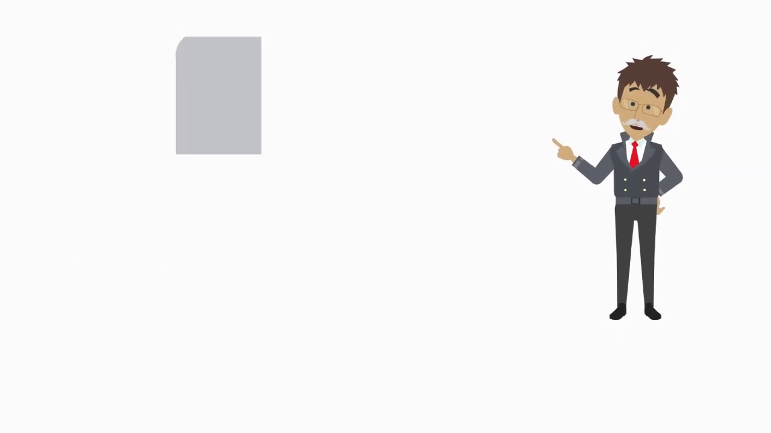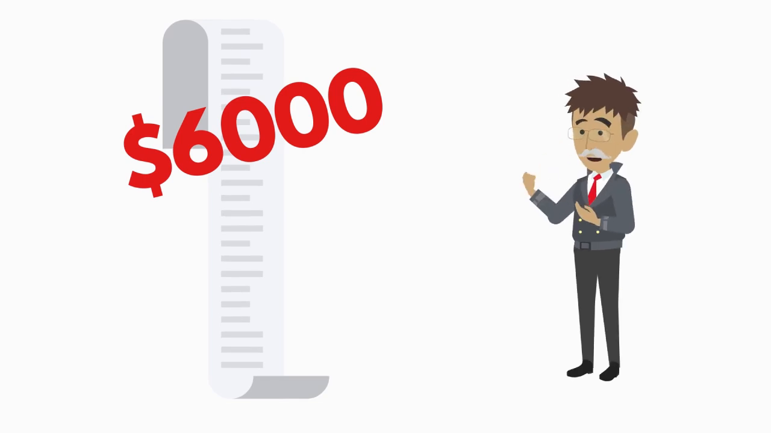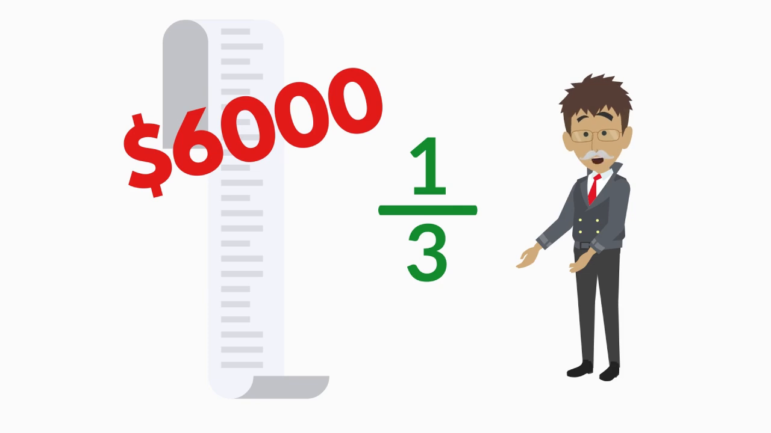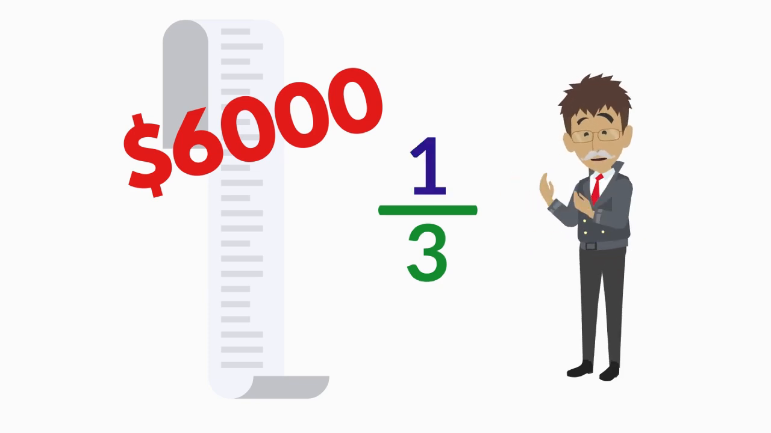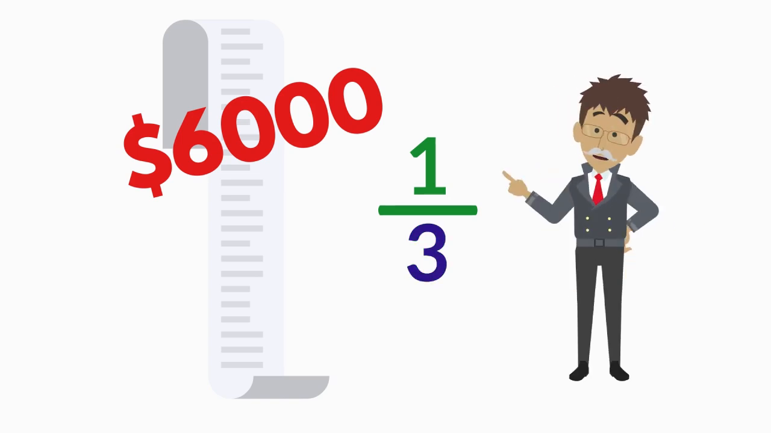Let's say you're splitting a $6,000 budget with 2 others. Each person's share is 1/3 of the total, and each portion is an equal part of the whole amount. Here, 1 is the numerator, showing 1 share, and 3 is the denominator, showing that 3 equal parts make up